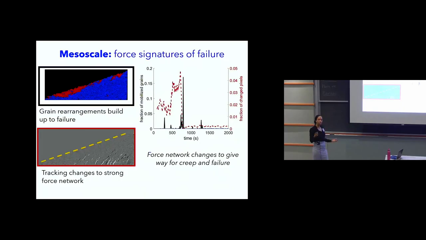And then we can nicely map those two. The great thing about the experimental technique that we've had is we compare what we've observed with the grains' motions with the changes in the force network. This plot is an example that highlights that, where in red I'm showing changes to the force network as determined from the difference images, and black is showing the grain rearrangements that occur, which we found by tracking the positions of the grains. So we're able to nicely map the changes in the force network that are acting as a signature to an ultimate failure in a granular system.